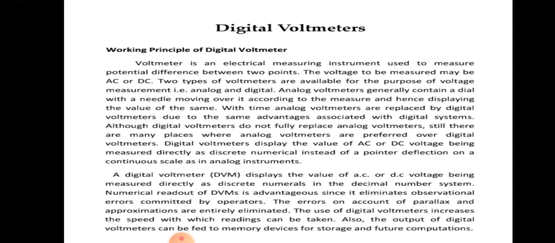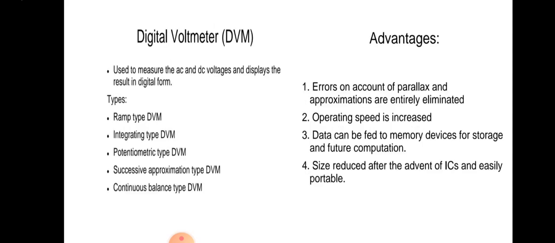In this second paragraph, it is explained why the digital voltmeter is better than the analog voltmeter. As we know, analog voltmeters were read by a particular person, where measurement error can occur. But as the digital voltmeter actually gives the numerical value of the voltage, there are fewer chances of error. So this is the basic concept of digital voltmeter. Now we will move ahead with the types of digital voltmeter and the advantages.